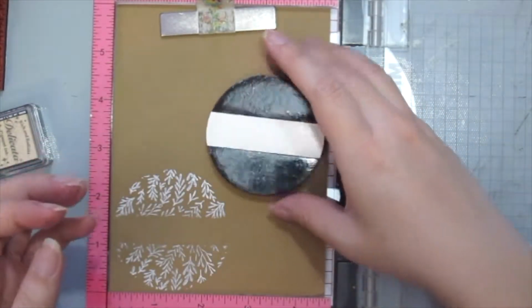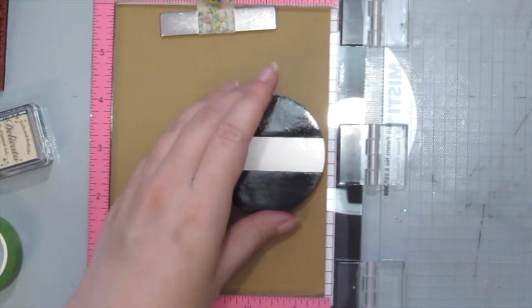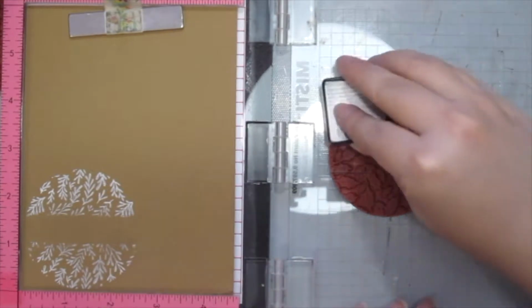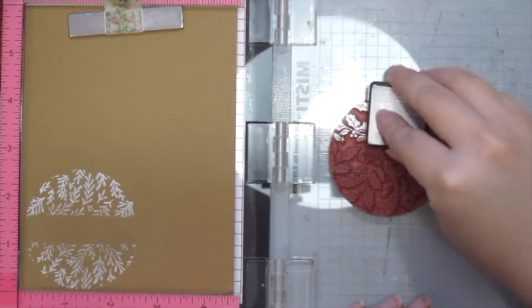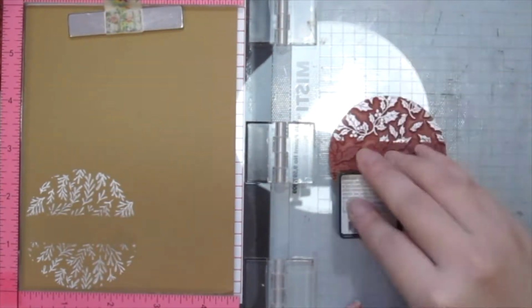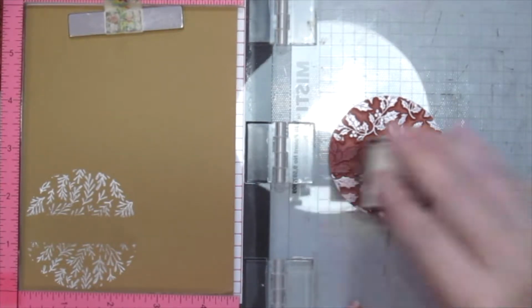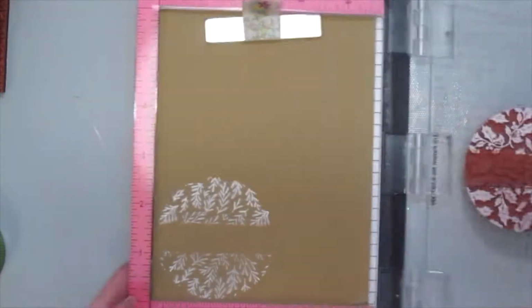I'm just going to place them on my cardstock and then close the door to grab them on the other side. And I'm grabbing the Delicata white ink here because white kind of looks really cool on craft paper and they show up really well. So I'm just stamping the top and bottom part of the stamp and just closing the door, stamping it onto